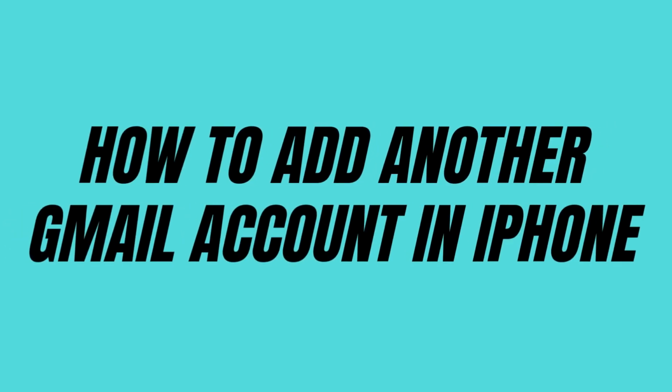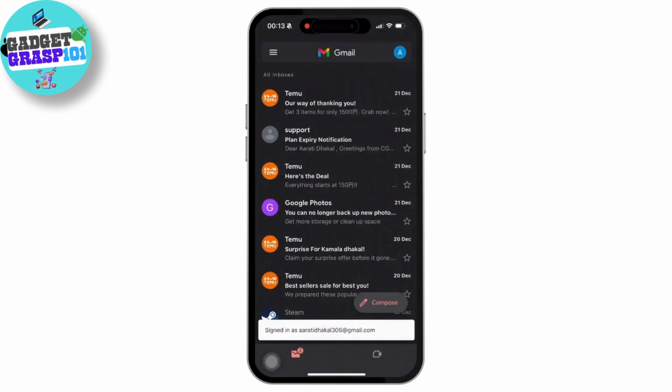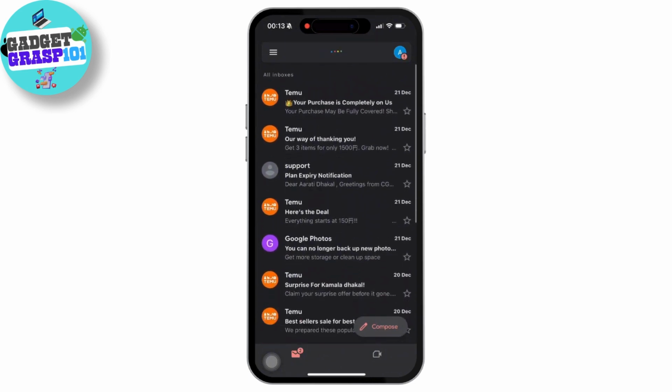How to add another Gmail account on your iPhone. So let's get started. Firstly, all you have to do is open the Gmail app on your mobile device. Make sure you have downloaded the Gmail app and you have logged into your current account in order to add